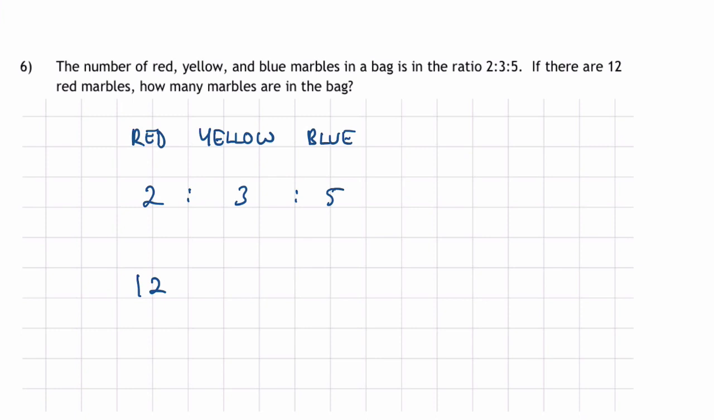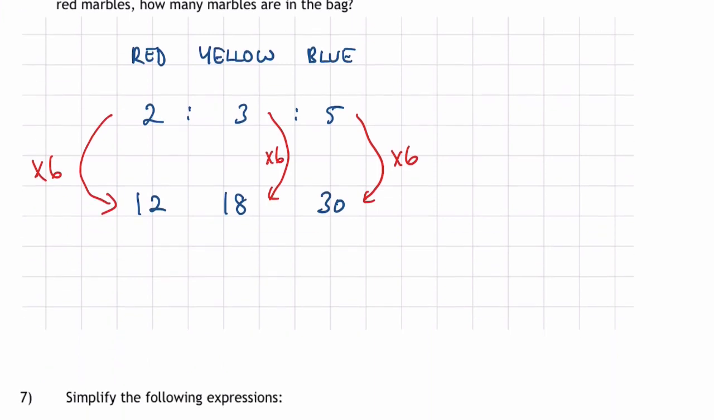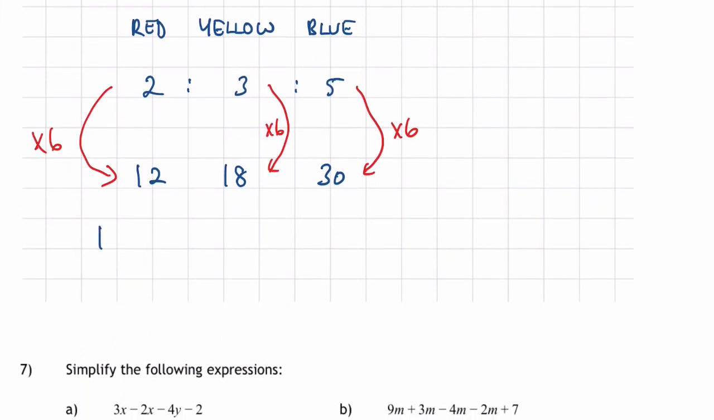Now how do I get from 2 to 12? Well, I have to multiply by 6. So for each of these other numbers, I would also have to multiply by 6 and multiply by 6. So 3 multiplied by 6 is 18, and 5 multiplied by 6 is 30. So we can see we have 12 red, 18 yellow, and 30 blue marbles. So we have in total 12 plus 18 plus 30, which is 60, and I should have actually just finished that off with a sentence saying that there's 60 marbles